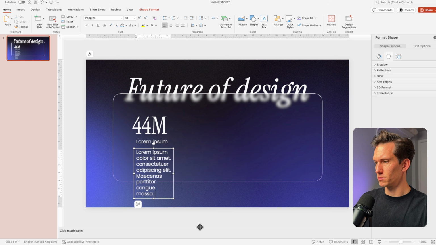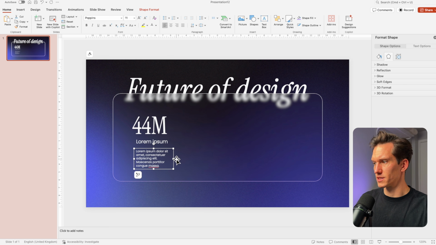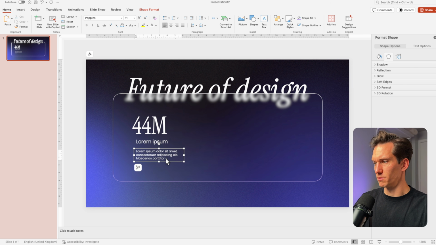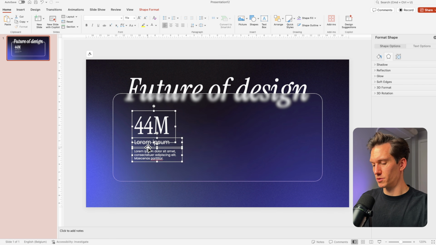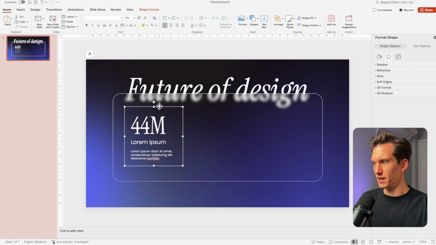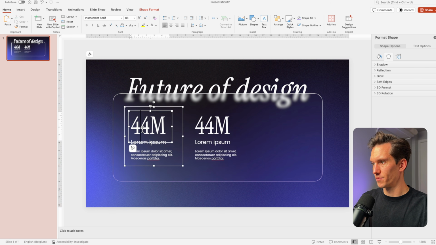We don't need that much, so I'm going to make it a little bit less, and I'm going to reduce the font size so it fits on the slide. Let's say we need about this portion. It's just a placeholder. And then I'm going to increase the font size a bit more for the subtitle, just align everything nicely so that it fits. And what I'm going to do then is I'm going to group it together, create a copy,